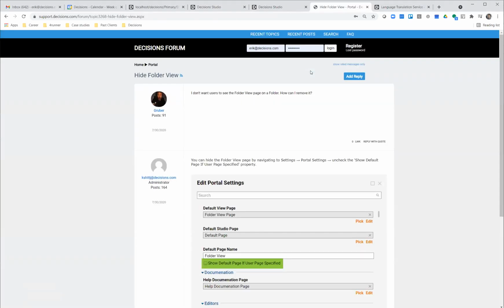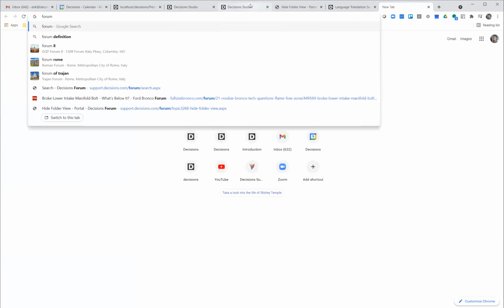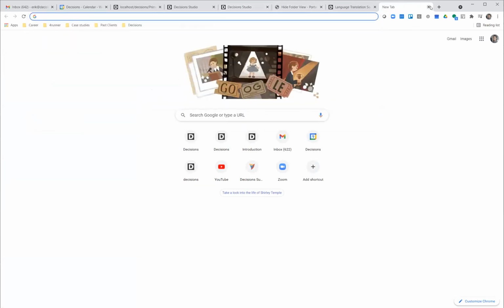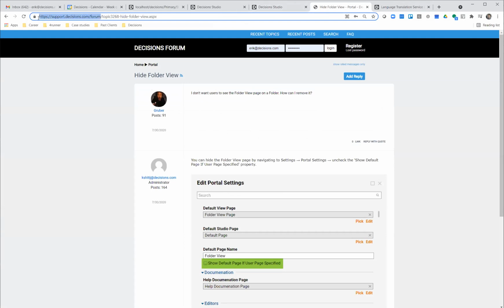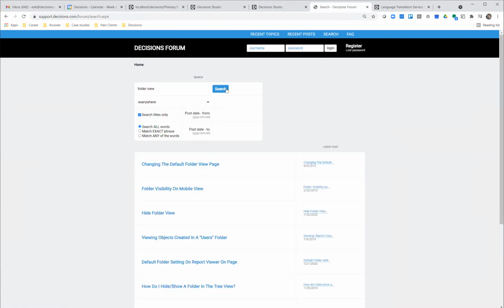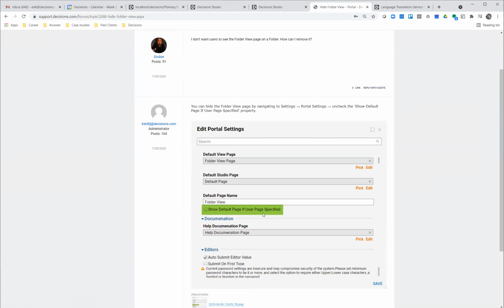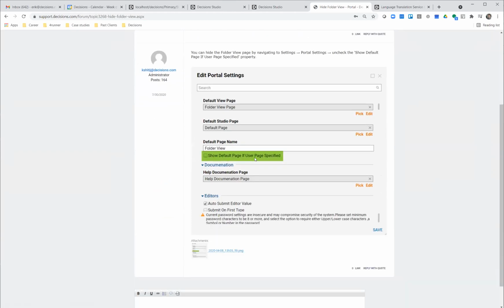the forum, support.decisions.com/forum. I believe you can get to it by doing forum. No, I think that's it. So I went to the forum and I searched for folder view, because I remember this coming up, and there's a post here for hiding it. And it's a portal setting that you can toggle to remove folder view for specific